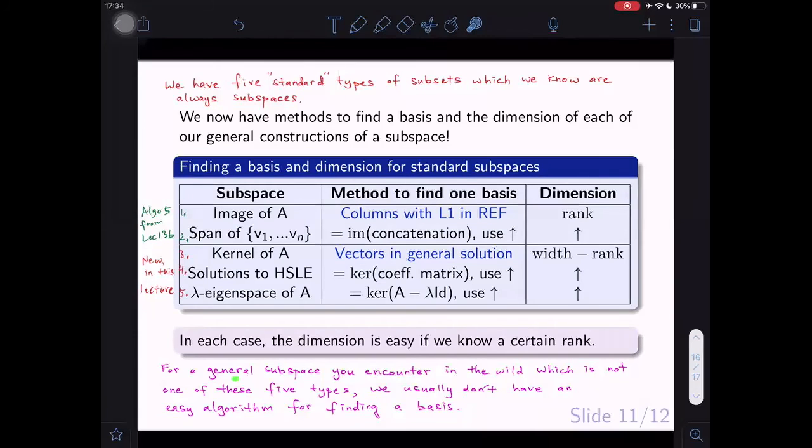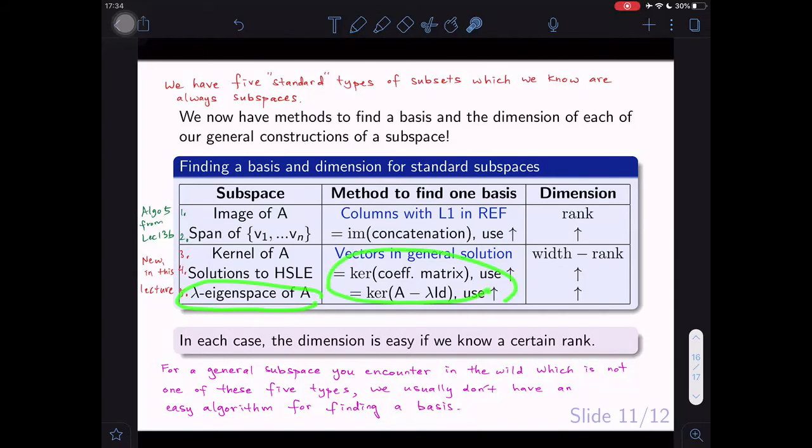Unfortunately, for a general subspace you might encounter in the wild, which is not one of these 5 types, we normally don't know an easy algorithm for finding a basis. Next, we will review eigenspace and use the new algorithm we learned today to find a basis and the dimension